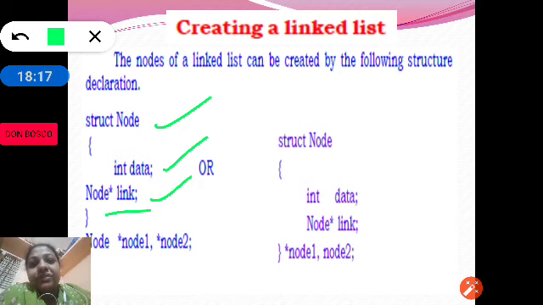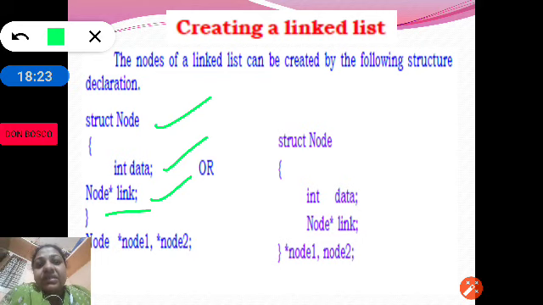Link is a pointer which will point to the next node, another structure. This type of definition is also called self-referential structure. That means a structure which stores the address of another structure or the same structure.